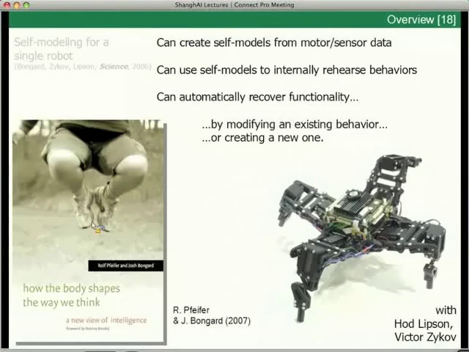Obviously, we don't want to run an evolutionary algorithm directly on a physical machine because evolutionary algorithms require evaluations of hundreds or thousands of trials before you get something that's useful. And it turns out that by doing this, a robot can automatically recover functionality